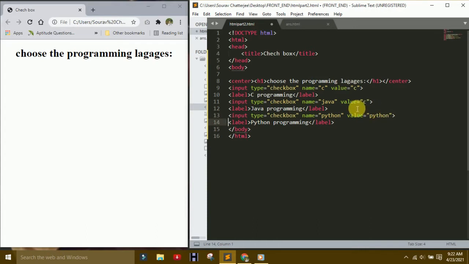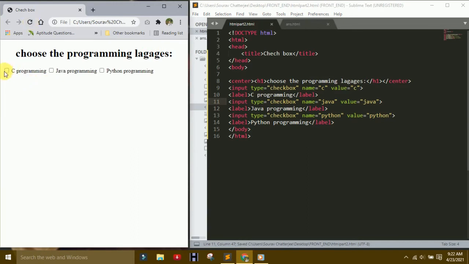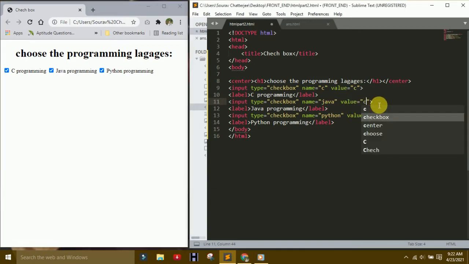So you saw that I did not change the values here, but I changed the labels first, then understand what the problem is if I do not change. So I control save here. You saw that one box is there, it is called checkbox. So if you make changes with the same name, like it is also C, also C, and it is also C. So what is the change?